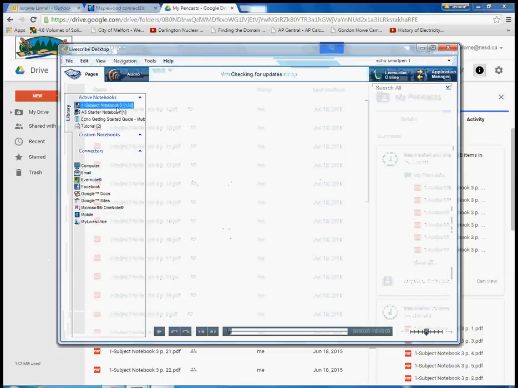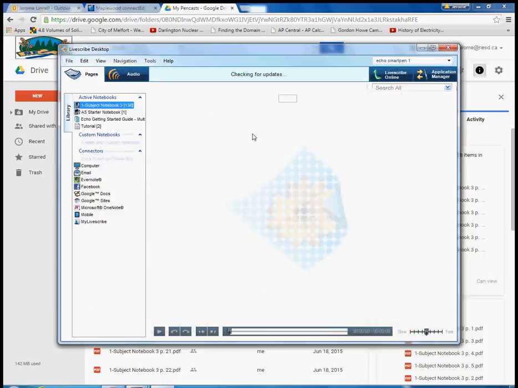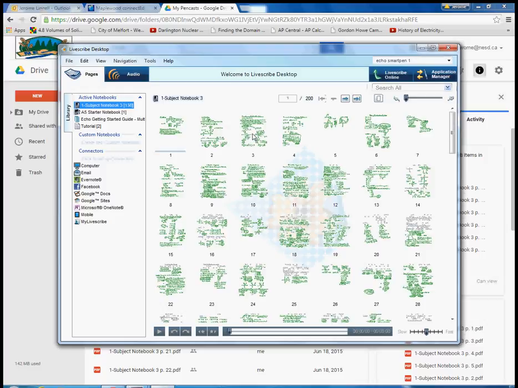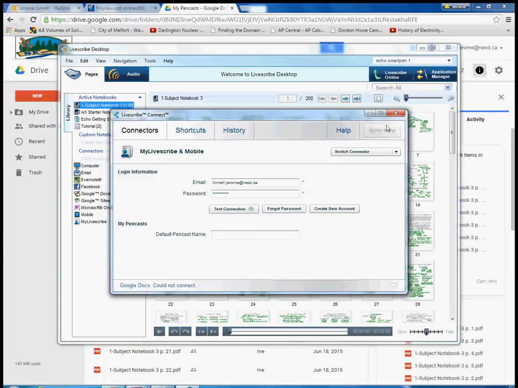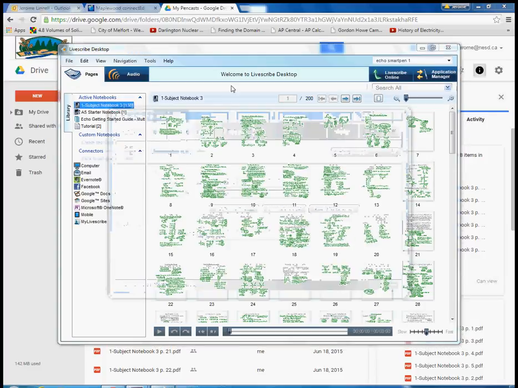and before I could have taken any of these pencasts, I could have loaded them to the LiveScribe community, which is actually called My LiveScribe here as one of the connectors. And once that's loaded, then I could actually use it as streaming video. So to demo that,